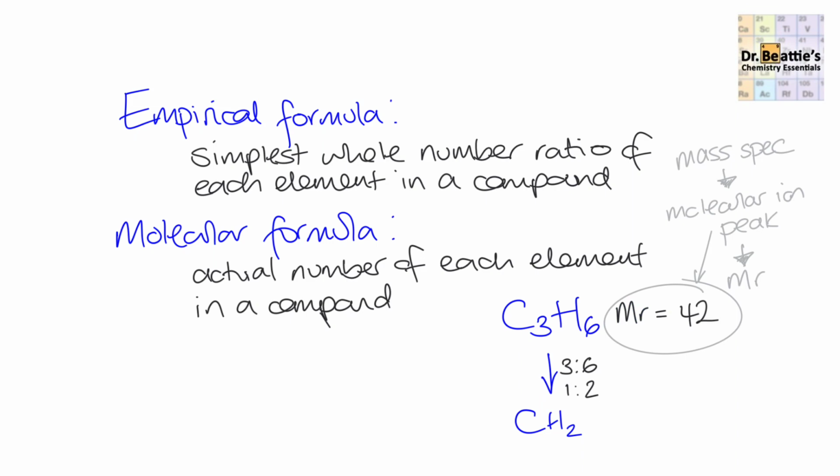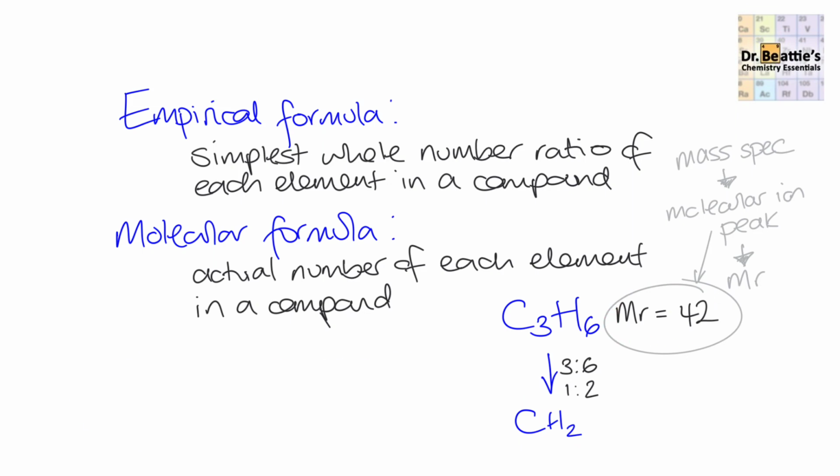If we were told that we had a compound that had a molecular mass of 46, and we can get this from, say, the mass spectrum, and if alongside this we were separately told or were able to work out the empirical formula was CH2, then what we could do is, if we worked out the mass of this simplest unit, so 12 plus the 2, 14, and for how many times that goes into our molecular